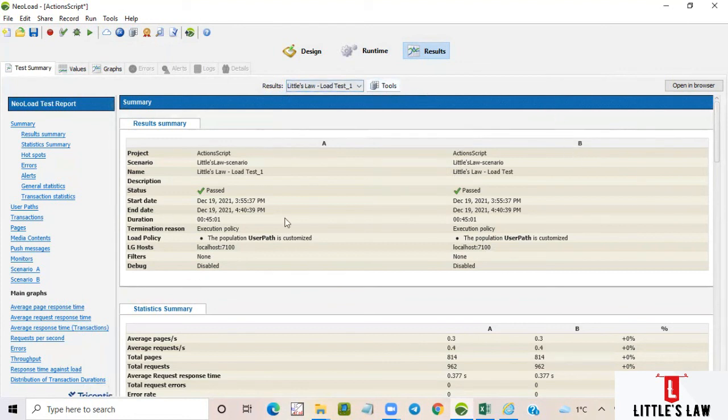In case you want to open these results in a browser, you can click on this open in browser, and we can get the results in a browser format, in HTML format also.